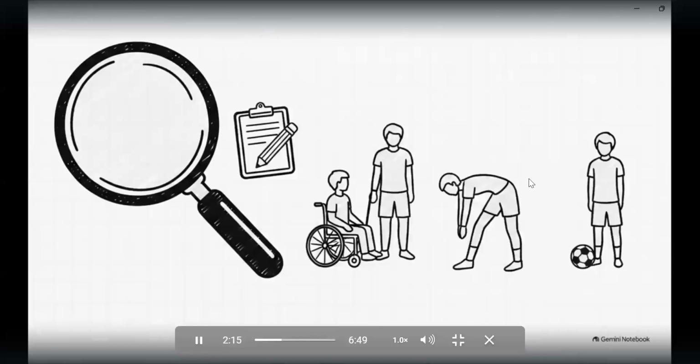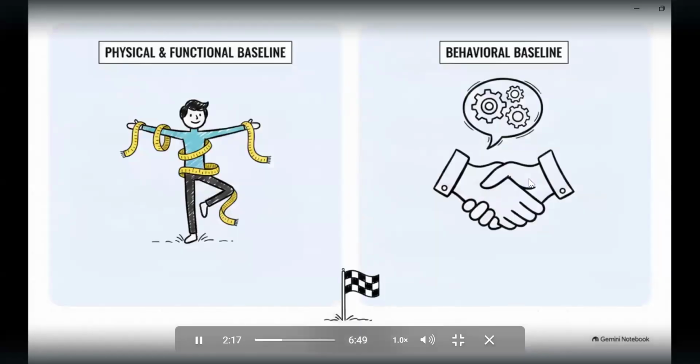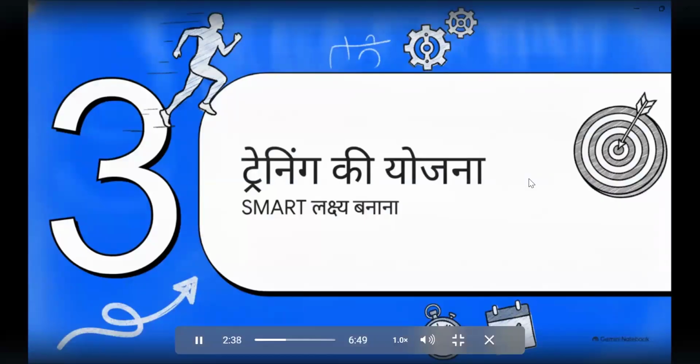आपको उनकी बैकग्राउंड, ताकत और उन्हें किस तरह के सपोर्ट की जरूरत है, ये सब अच्छे से नोट करना है। ट्रेनिंग शुरू करने से पहले आपको एक बेसलाइन असेसमेंट करना होगा। इसमें आपको शारीरिक चीजें जैसे मोबिलिटी, बैलेंस और व्यावहारिक चीजें जैसे कम्युनिकेशन और पार्टिसिपेशन दोनों को मापना है। इससे हमें एथलीट का एकदम सटीक शुरुआती लेवल पता चल जाएगा, वो भी बिल्कुल सुरक्षित और निष्पक्ष तरीके से।